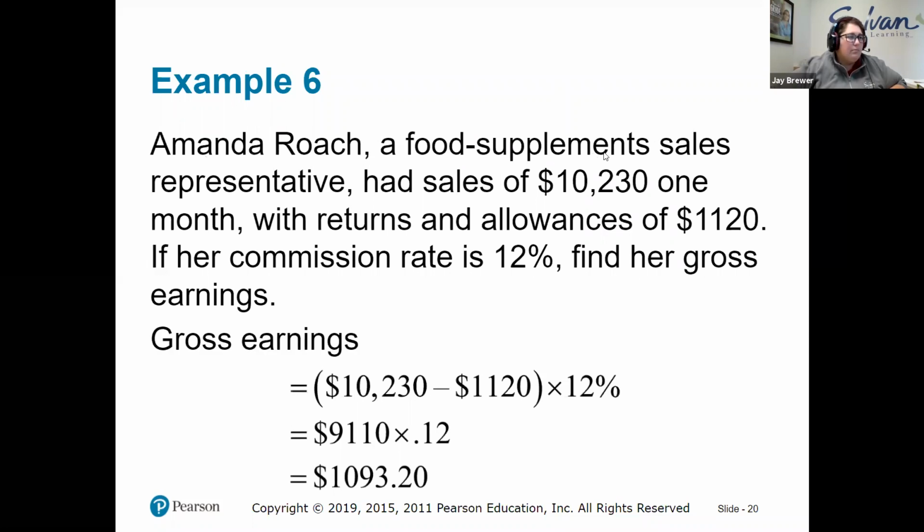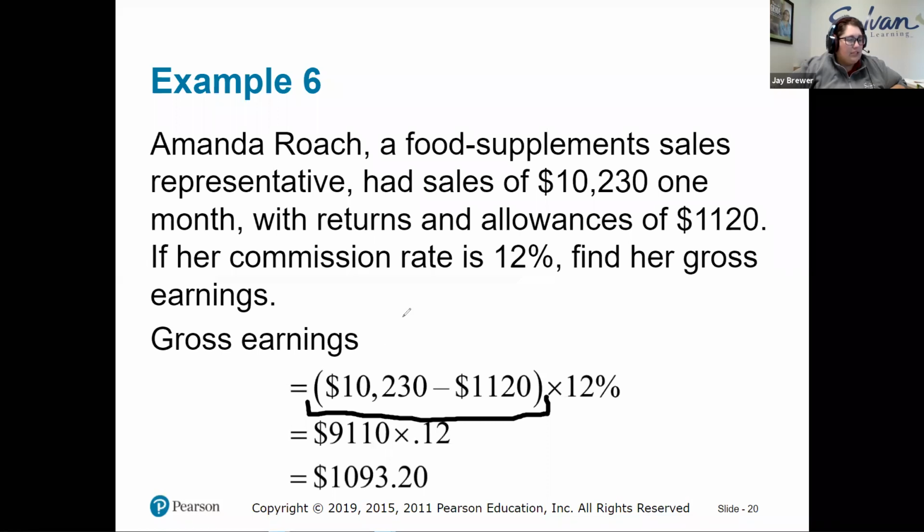Amanda, a food supplements sales rep, had sales of $10,230 one month, with returns and allowances making a total of $1,120. If her commission rate is 12%, find her gross earnings. So here you can see that they took the sales that Amanda had,